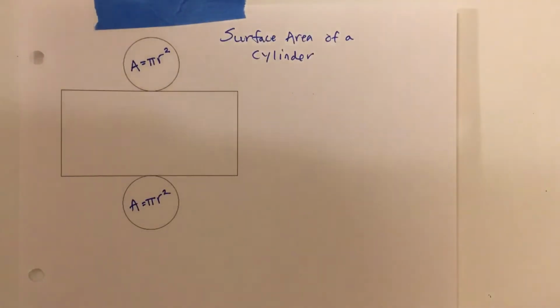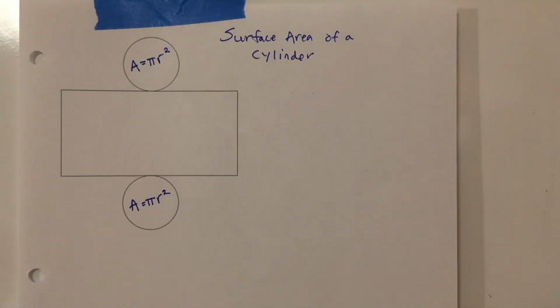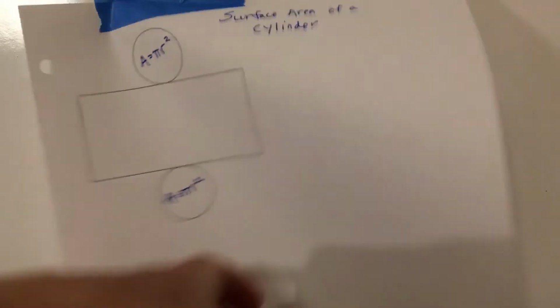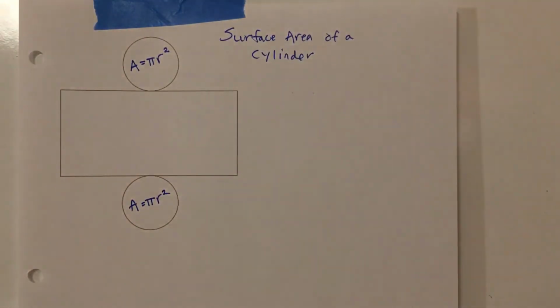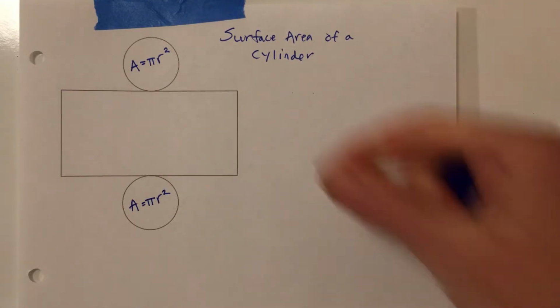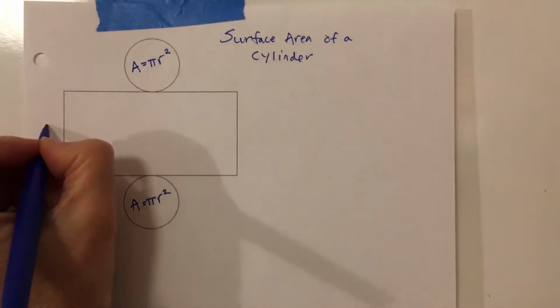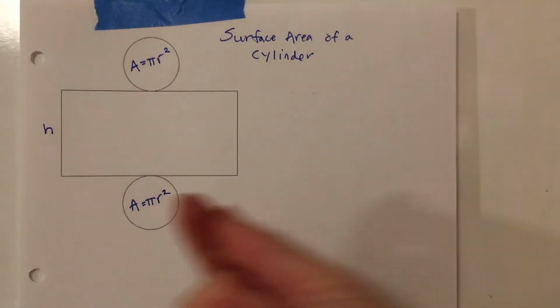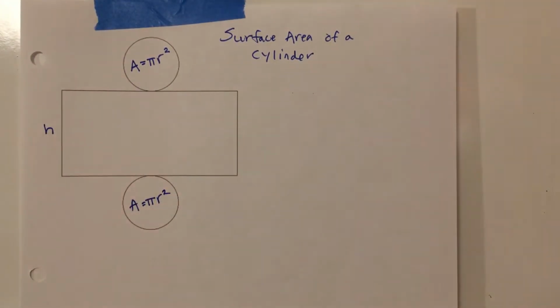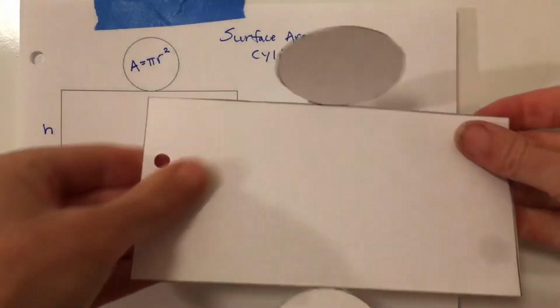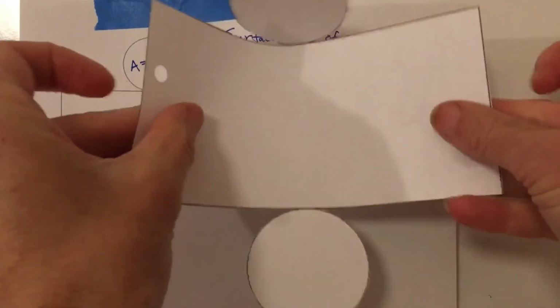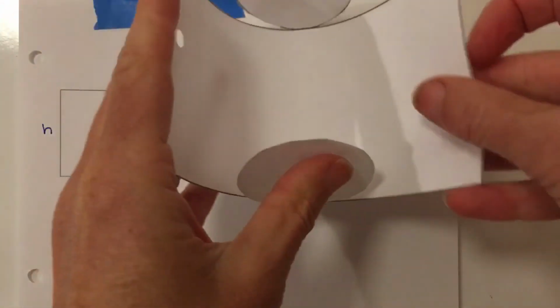Sorry, my board's coming off the wall. Okay, and then this part, if you take your oatmeal, this is how tall the oatmeal is. So we call this height. And this is really interesting. If you look at this net right here, this is my rectangle part. If I fold this around like this,